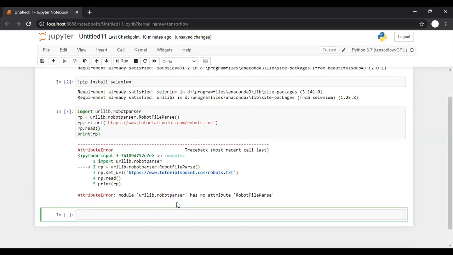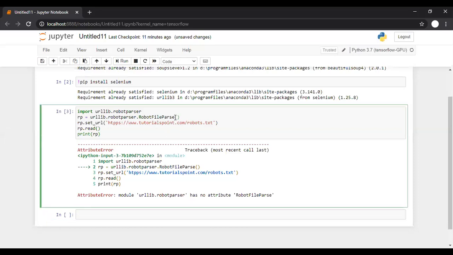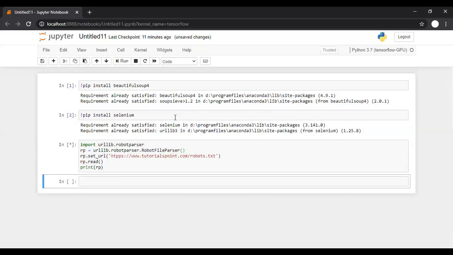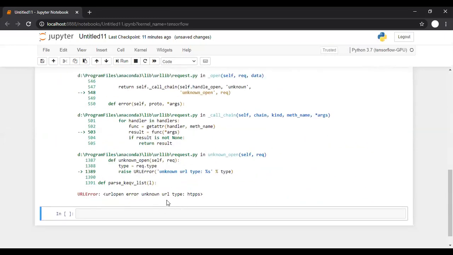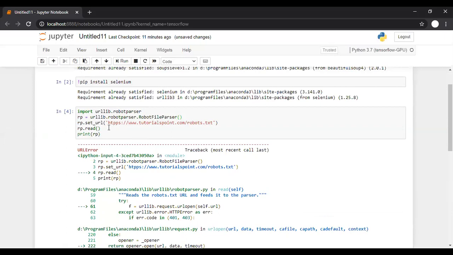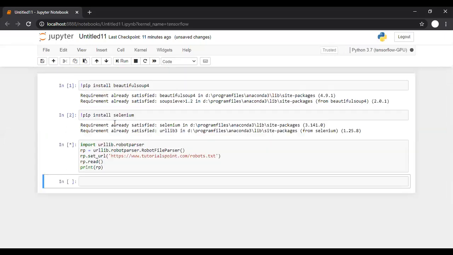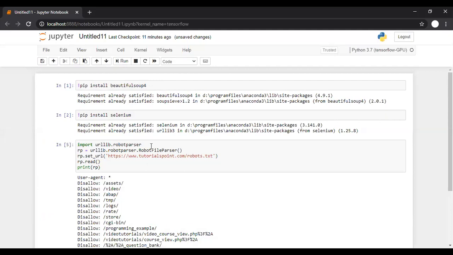Okay, urllib.robotparser, not robot. I missed this r over here. So many typing mistakes.